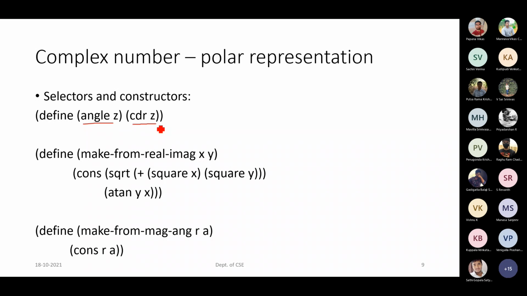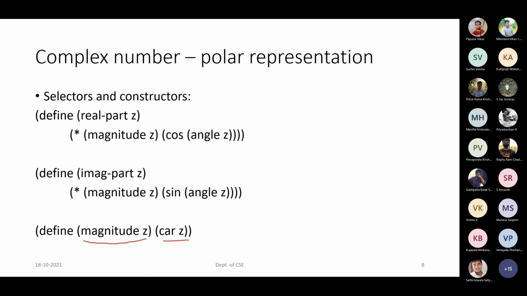But now, if your complex number is in the polar representation, and you want to go ahead with an addition or subtraction operation, then what happens? We have defined addition as well as subtraction with respect to the real part and the imaginary part. Then what we have to do is apply the conversions. We have to apply the formula. So how do we apply the formula?